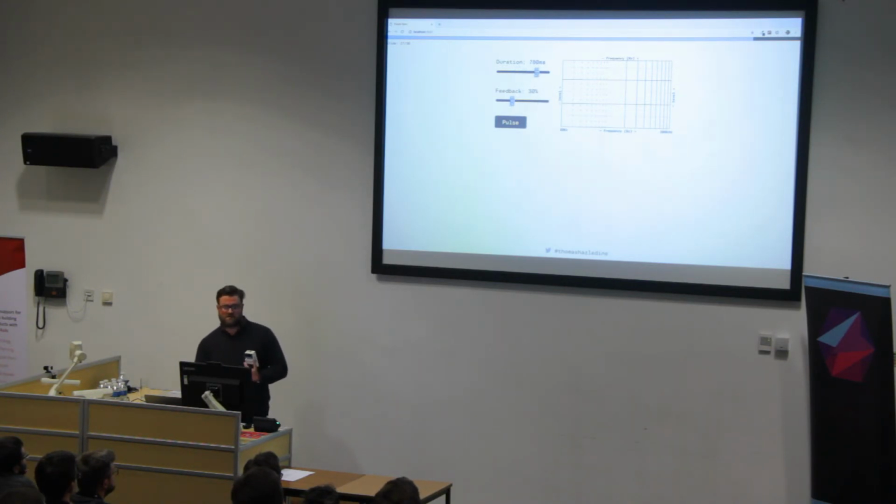So we can set the values that we want, so we can have a really quick delay, but we can give it a lot of feedback, have it decay an awful lot, and then we can change the different sounds that happen. And then when we've got these controls together, it kind of allows us